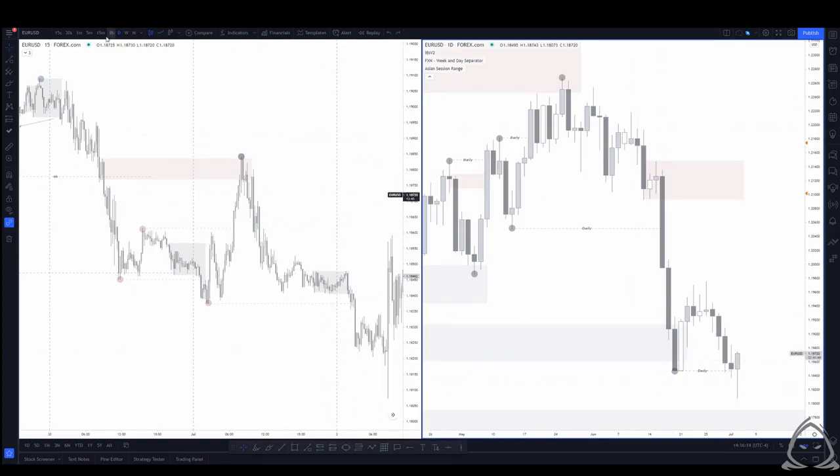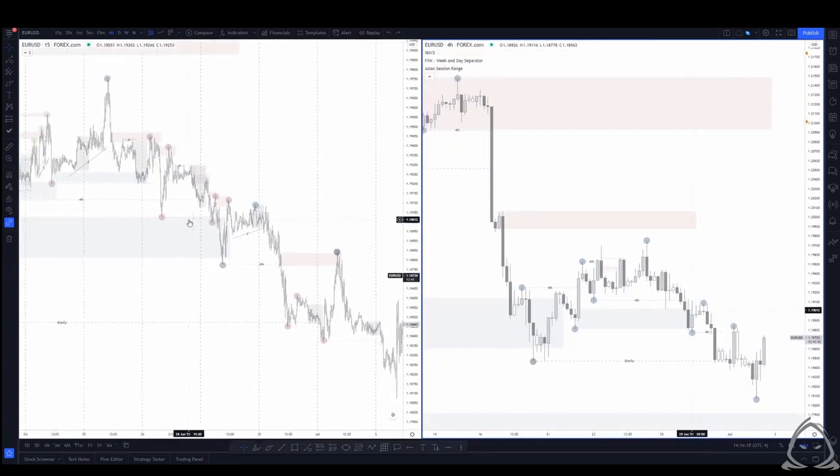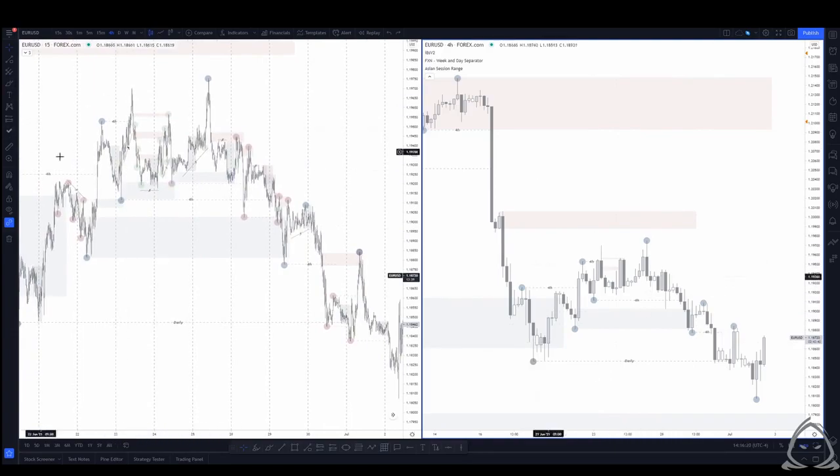We were able to understand why price was beginning to switch and see the changes of character that were happening as we look through the 15-minute and the 4-hour. We can take that a step further and begin looking at 1-minute market structure, but that's a little bit more advanced. And personally, that's what I use for entries as opposed to looking for pure market structure. It's best to have, say, a 4-hour and a 15-minute time frame for your market structure, and then have an execution time frame that you're using for actual entries when you hit